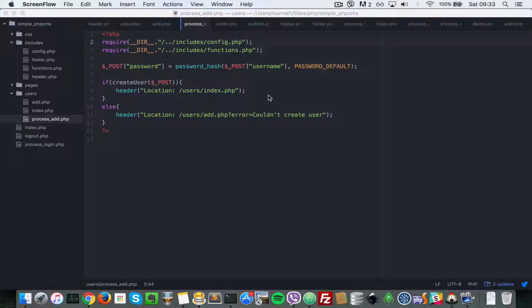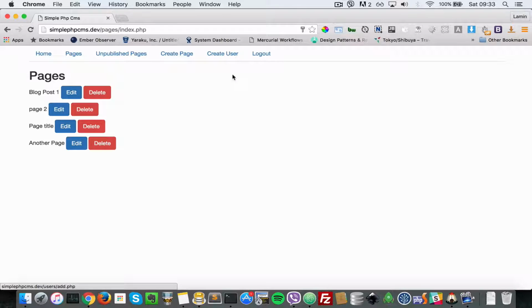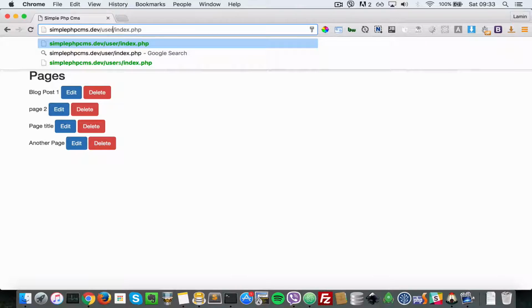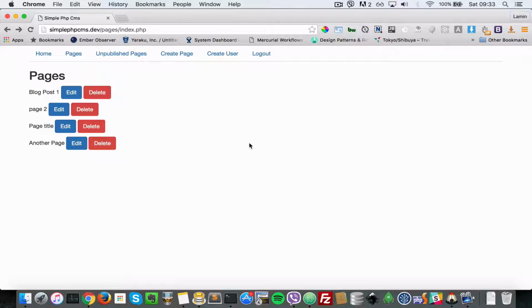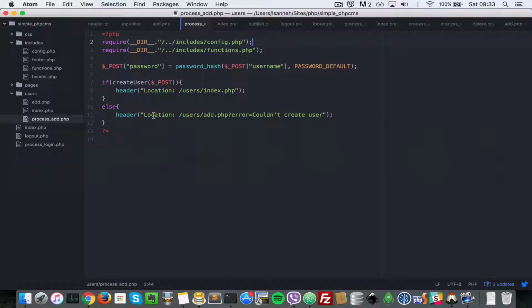And in this video we're gonna see how we can list the users in this users list page here, right? So after creating a user, we are redirected back to the users/index page, but as of now there's nothing there except just an h2 tag that says users list. Okay, so we're gonna implement this so that we're shown the list of users just like on this pages list as well. Okay, so let's go to our text editor, and inside of index.php